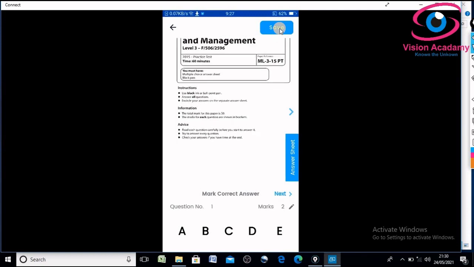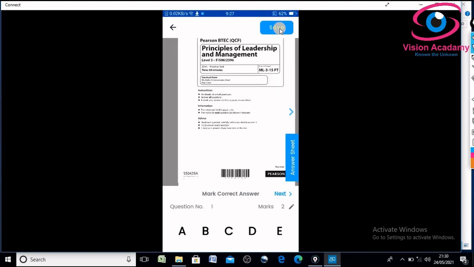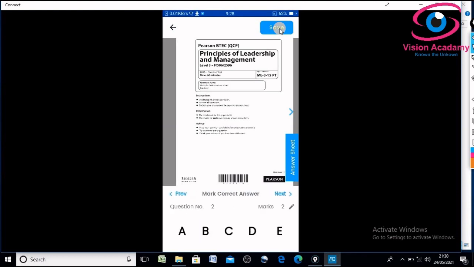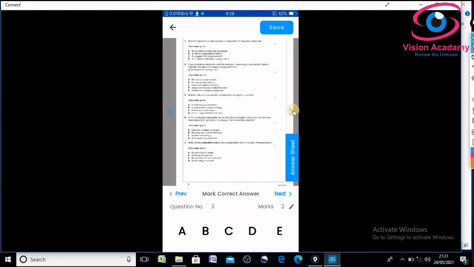So look here, we can select question by question, one by one, and we can also add the correct answer for your question. So for the first question I can select A based on the correctness of the question, so mark the correct answer. So C selected, and for question number 3, here you can see question number 3, the PDF will be read here. For question number 3 I can select C. For question number 4 I can select D, and for question number 5 I can select E, and so on. I can select question numbers, and thereafter I will have to give save here.